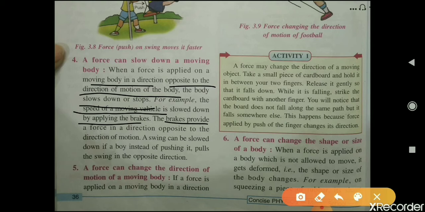The brakes provide a force in a direction opposite to the direction of motion of the moving vehicle, and therefore the vehicle will stop. First it will slow down and ultimately it will stop. A swing can be slowed down if a boy, instead of pushing it, pulls the swing in the opposite